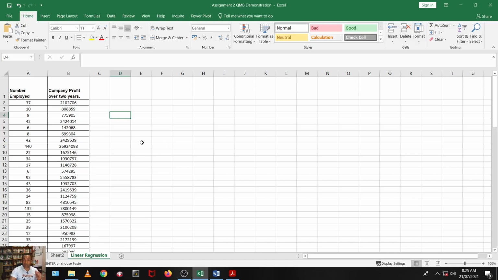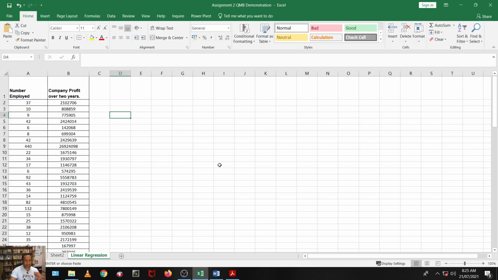So before we build a linear regression model, what I like to do, and what I think you should do as well, is do a simple correlation analysis. And after the correlation analysis, we'll calculate a scatter plot of the company profits. Now, it is important that you identify that this is the dependent variable and the number of full-time employees, which is the independent variable. And from that, we'll get a better understanding of our data and the relationship between these